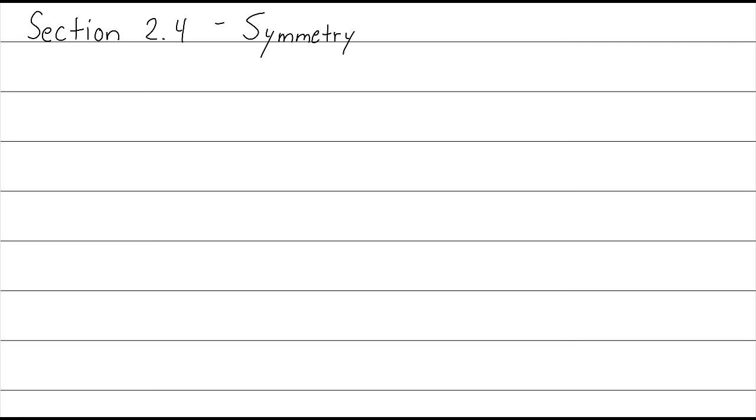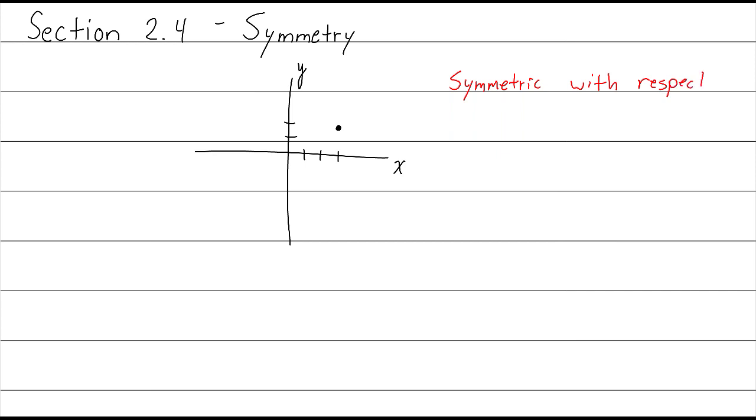So let me draw a plane here, x and y. Now I'm going to put one point at (3, 2). That's going to be my starting point. If I wanted to say that I had a point that was symmetric with respect to the x-axis,